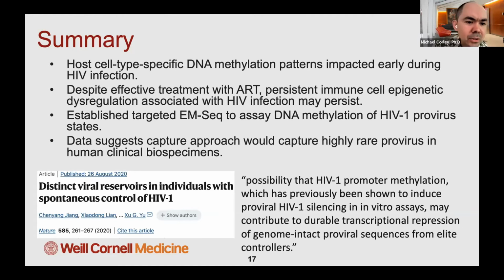And then I showed you our initial work on establishing targeted EMC to establish DNA methylation of the Pro-Virus, looking at the viral side of things, and potentially how this could be applied to look at Pro-Virus in human clinical biospecimens. And here I just ended with a paper from a group out of Harvard, that's essentially looking